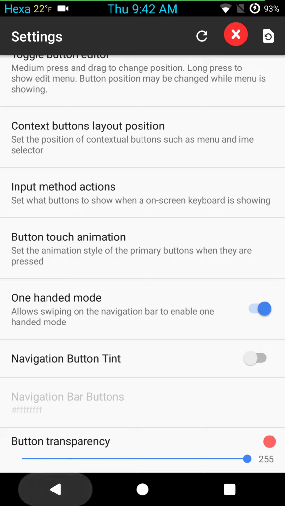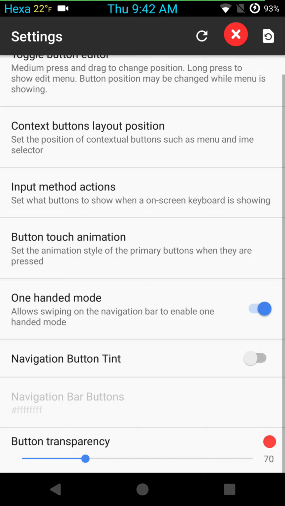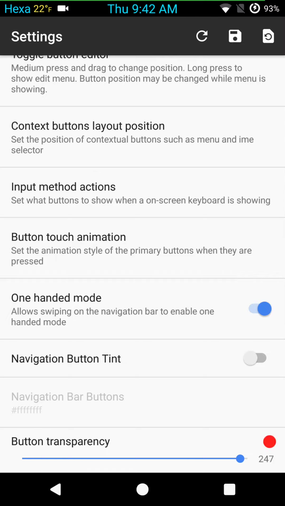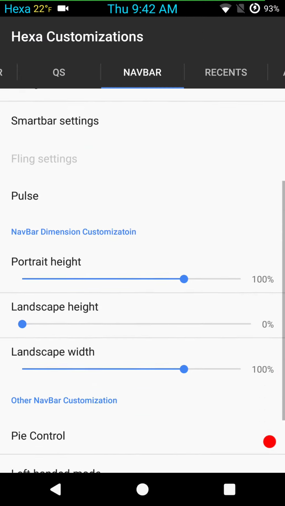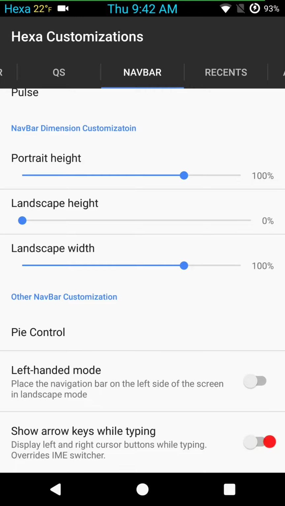They do have the transparency button down there. So if we go... Oh, okay. It makes the status bar transparent. So we're going to click out of that and go back. You do have left-handed mode and the show arrow keys. And by the way,